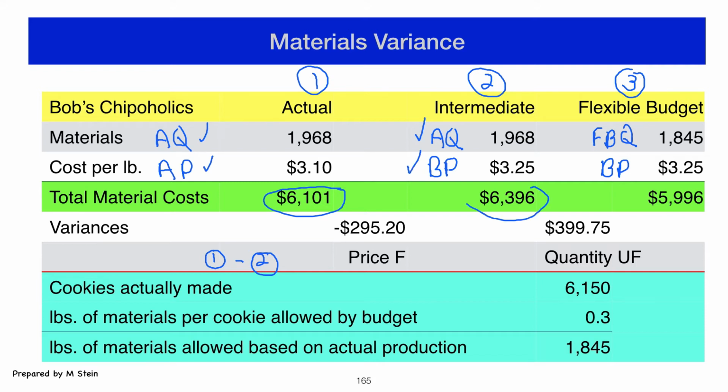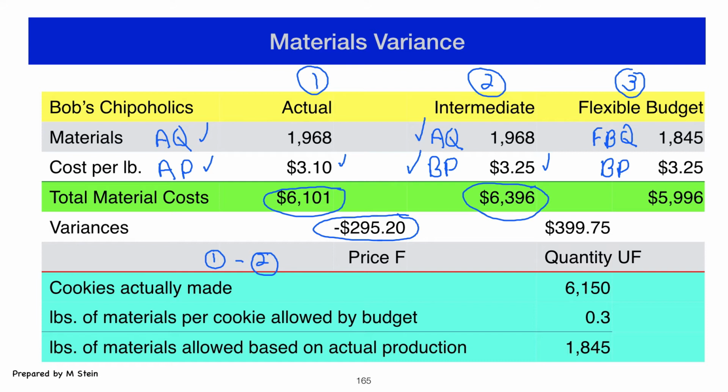If we compare the product from column 1 and subtract the product from column 2, so we have $6,101 minus $6,396, we get a negative $295.20. This is a favorable price variance since the actual price of materials, $3.10, was less than the budgeted price of materials,